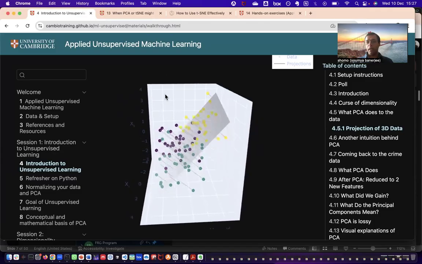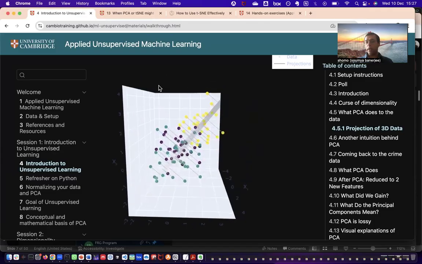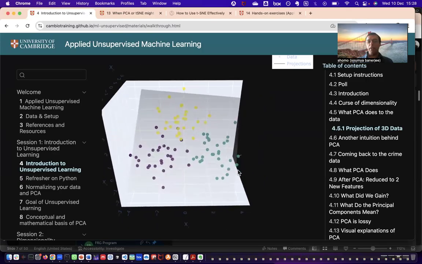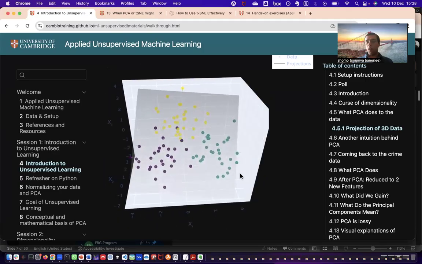And I will immediately ask, is there any way that you can look at this data that can allow you to reduce the number of dimensions? So this is 3 dimensions. Is there any way you can reduce it to 2 dimensions? And after playing around with this data, somebody will eventually hit upon the answer that there is one two-dimensional plane along which I can project all the data. And voila, I have turned three-dimensional data into two dimensions.